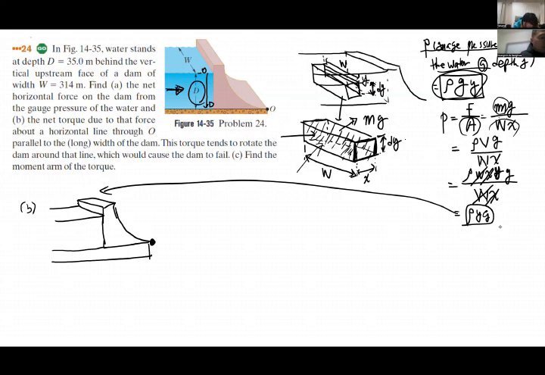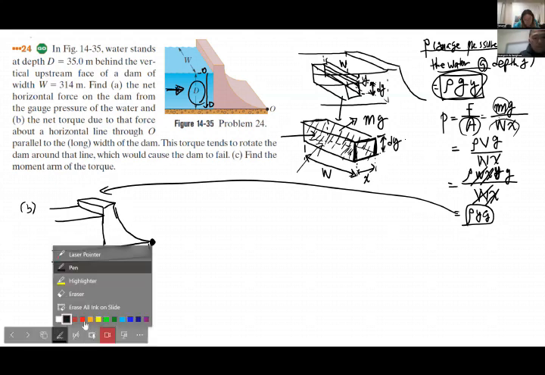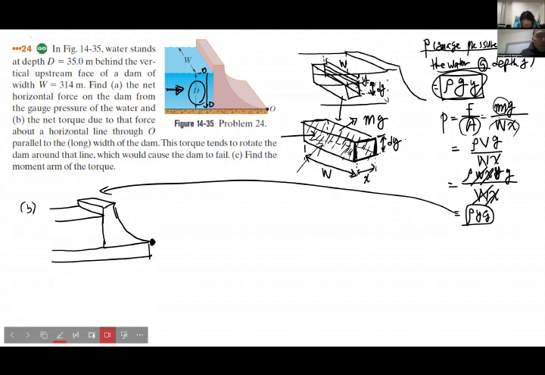So that's the force itself. Let me change the color. So the force is actually applied in this direction, F. If this direction is X and the vertical direction is Y, then the force is in the horizontal direction,